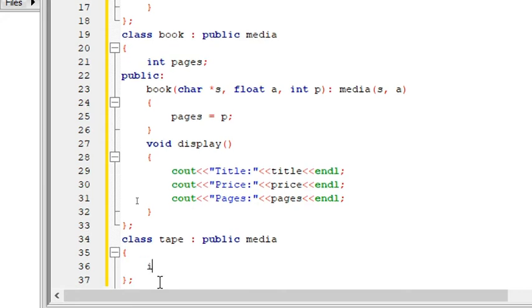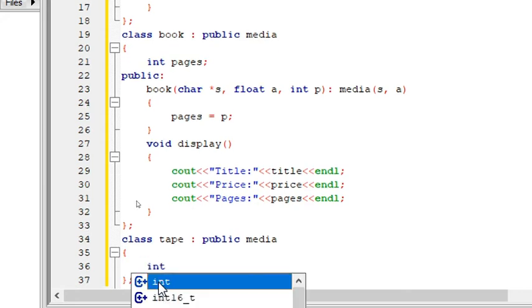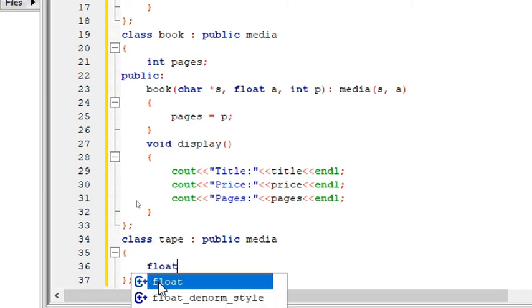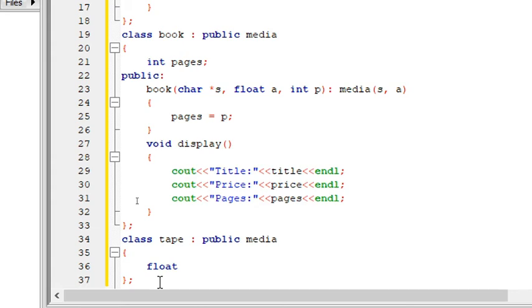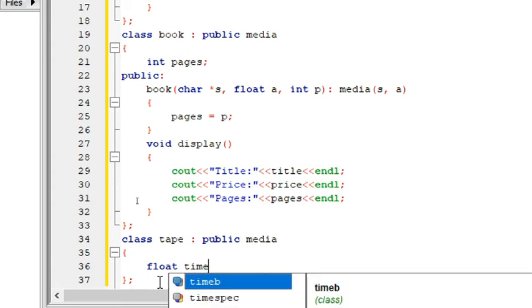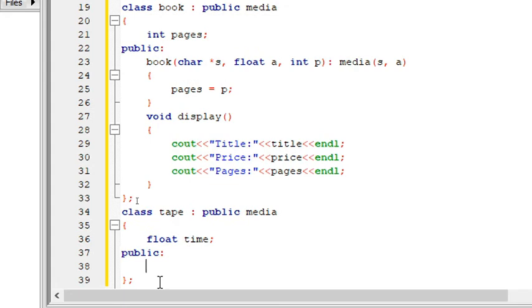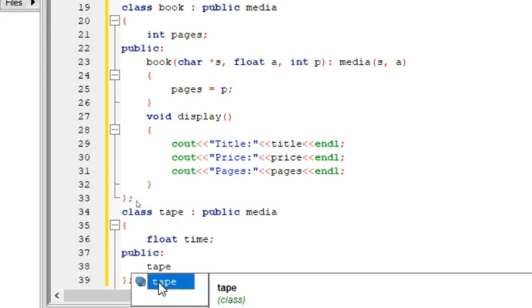Okay, so here it's going to be time, isn't it? So I'm going to record the duration of the tape, soft copy of the tape. So it can be in float, might be in decimal. So let me say time, that's what I'm calculating, and public access specifier. So again constructor, so tape is the class name,